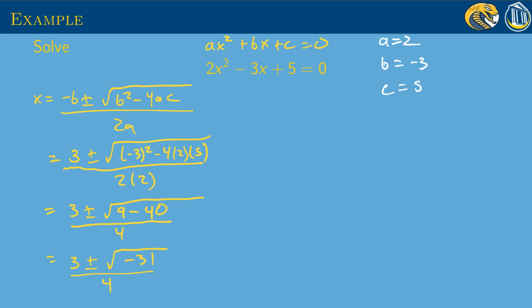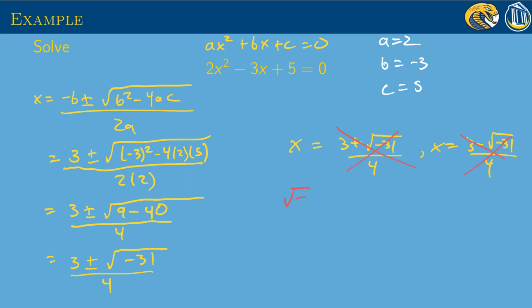The square root of negative 31, can we take the square root of a negative number? In this class, no. No, we can't. And so we don't need to split it up into 3 plus the square root of negative 31 and 3 minus the square root of negative 31. We don't need to do any of this